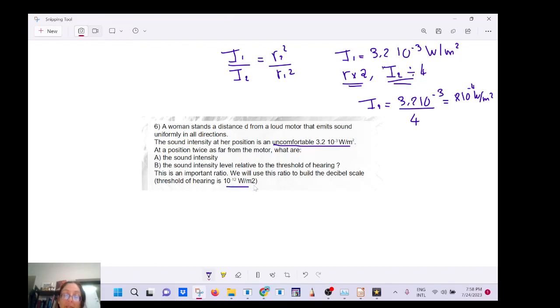So the threshold of hearing is 10 to the negative 12. Below that, there's not enough pressure or force acting on your eardrum to be able to move it, right? Not above, below that. So they want you to find a ratio with the threshold of hearing. So this is 8 times 10 to the negative 4, and you divide by 10 to the negative 12. So that's going to be 8